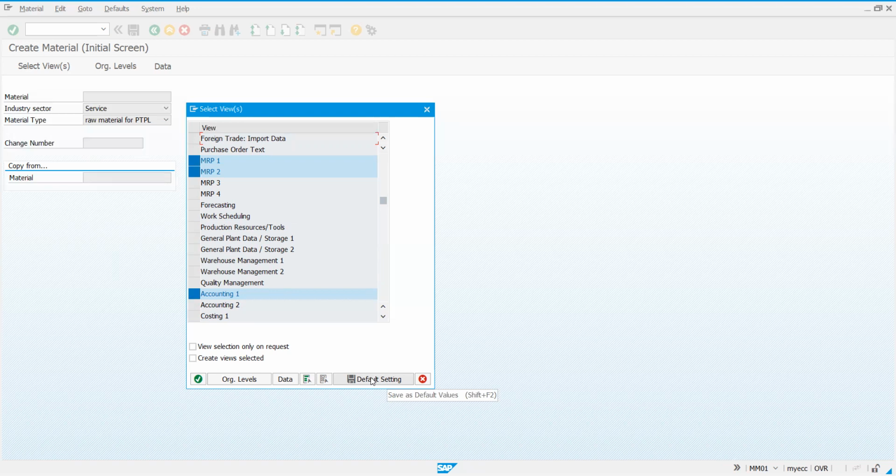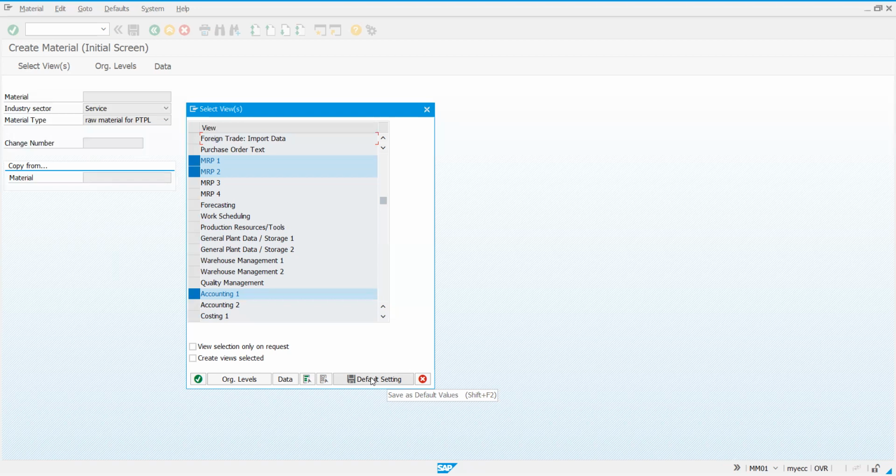Warehouse management, quality management, different. Similarly, finance costing is different, FI. So here related to us is the purchasing view. In purchasing, we need to define purchasing group and other details, as well as basic data. And MRP 1 and 2, as we are also part of material requirement, so we'll be taking those two. Allowing material for MRP or not will be defined there.